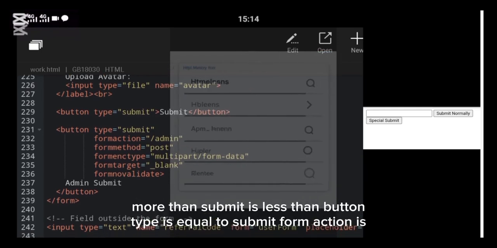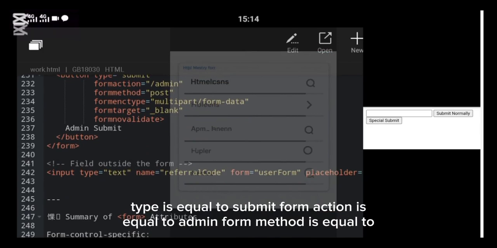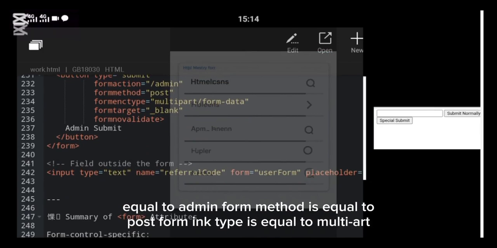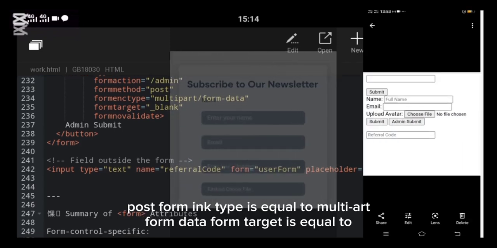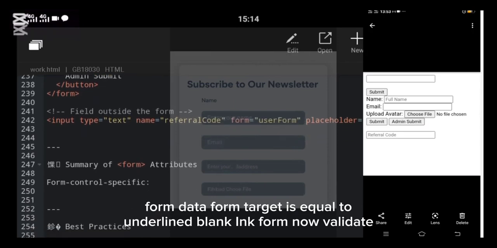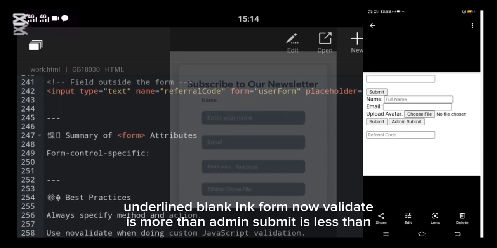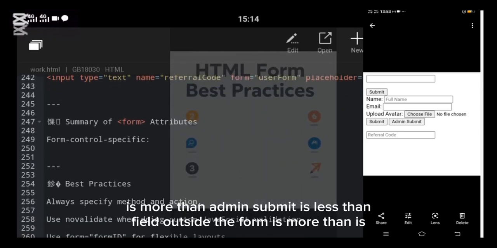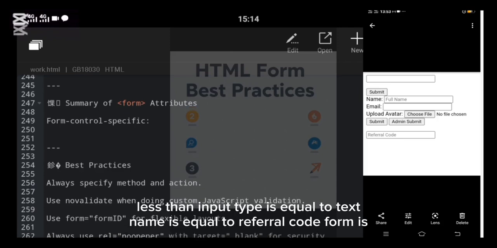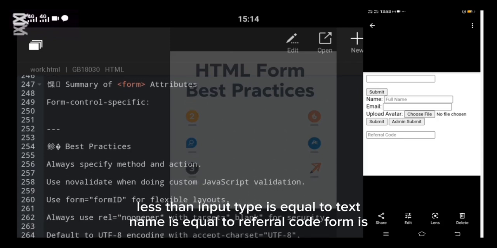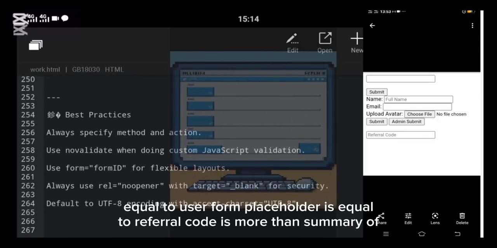<button type="submit" formaction="admin" formmethod="post" formenctype="multipart/form-data" formtarget="_blank" formnovalidate> Admin submit </button> <!-- Field outside the form --> <input type="text" name="referralcode" form="userform" placeholder="referral code">